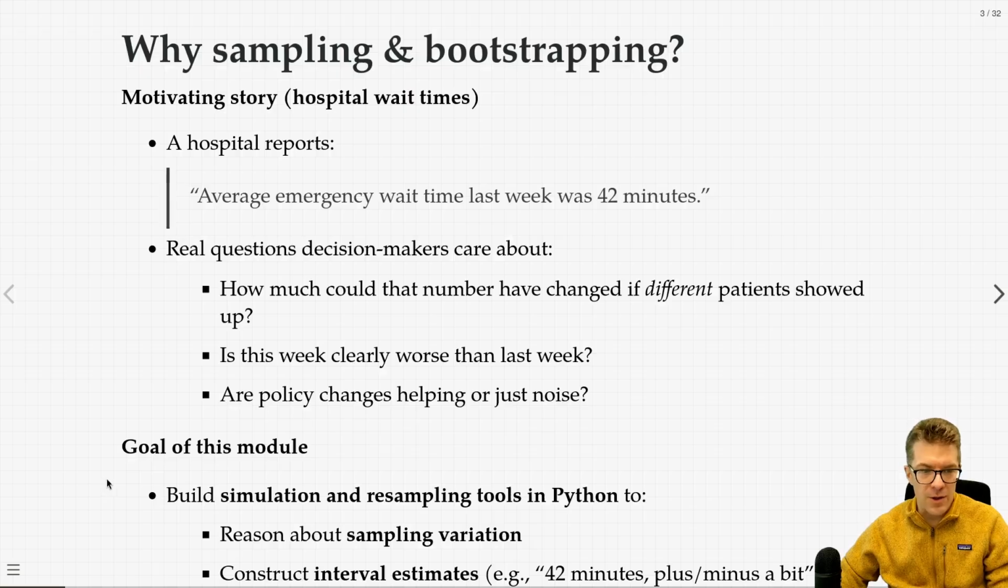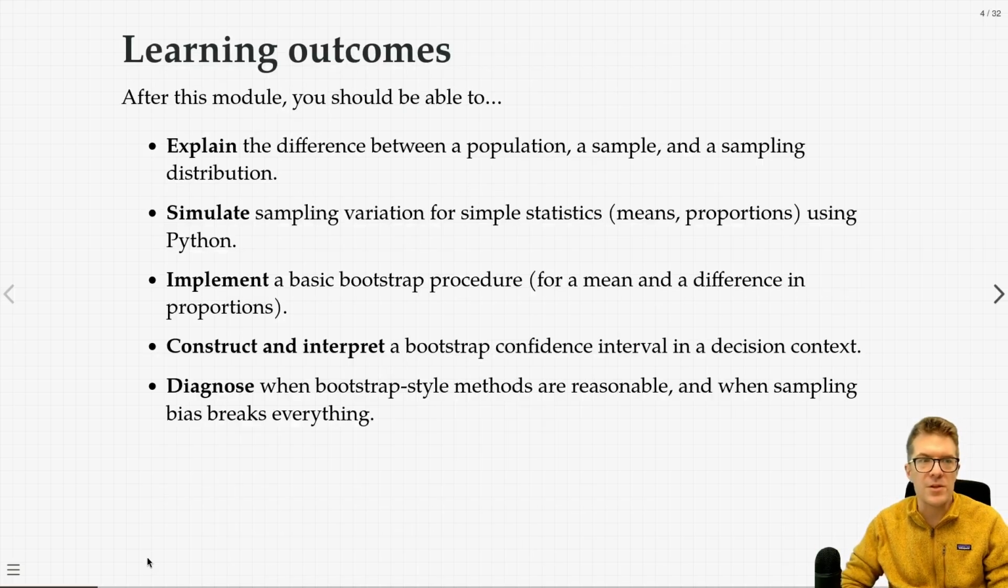So our goal in this module is to build some simulation and resampling tools in Python that can help us reason about any kind of effects that can be the result of sampling or intervention or just timing. And we'll construct interval estimates to say, well, the average is 42 minutes, but we have this range that we're dealing with. So in this module, you should be able to explain the difference between a population, a sample, and